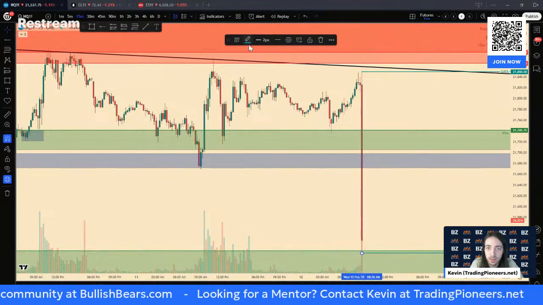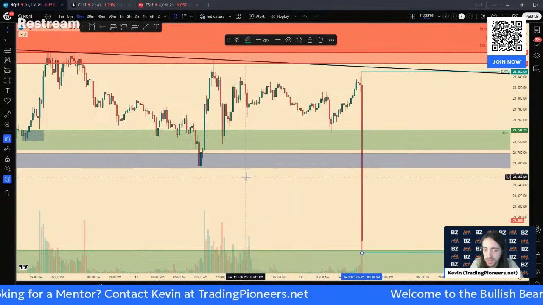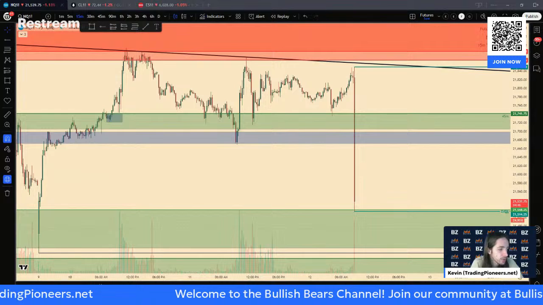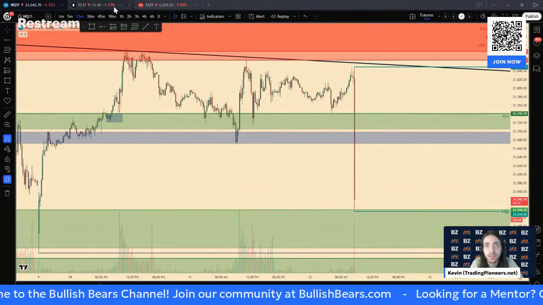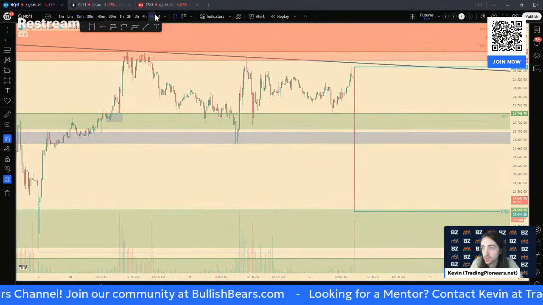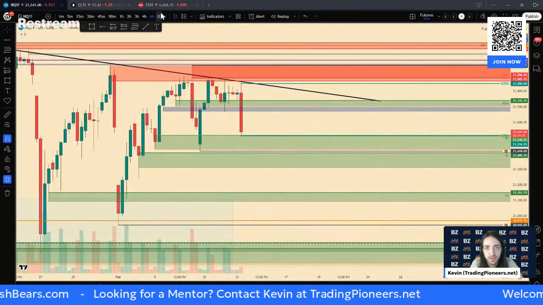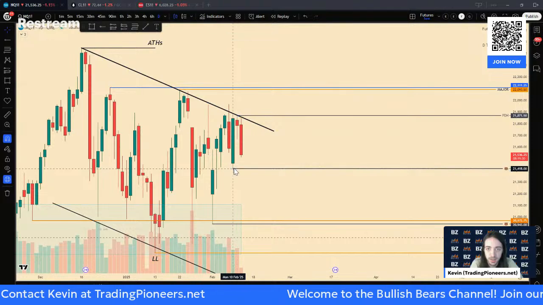Now with the data low, because we're still trading near these lows, I'm probably not going to be using the data low too much. I'm really going to be using the demand zone that we're in to look for some type of support. Let's see, and previous day high and low, did we do that on NAS? Let's do that on NAS over here. Daily, previous day high, previous day low.